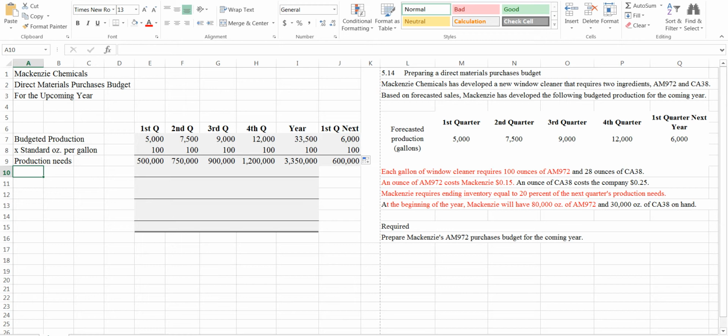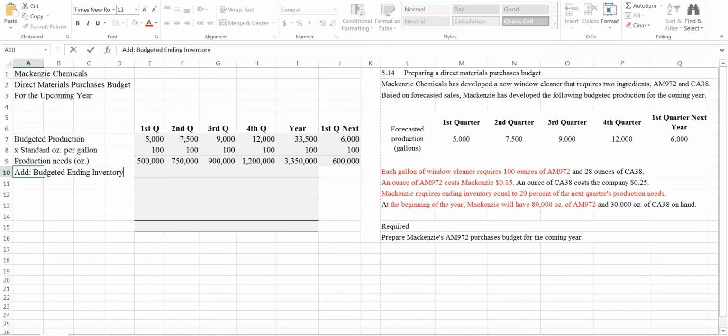So that's the number of ounces. Let's put here, just to remind us, this is the number of ounces. All right, so remember, if you looked at a production budget, which you probably did before this, we take our total needs, and then we're going to add to that how much ending inventory we want at the end of each quarter. So let's add our budgeted ending inventory